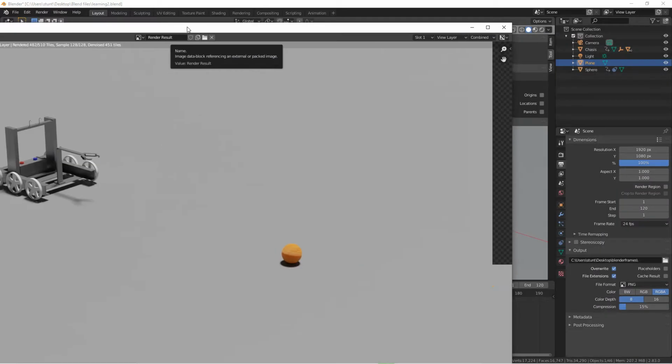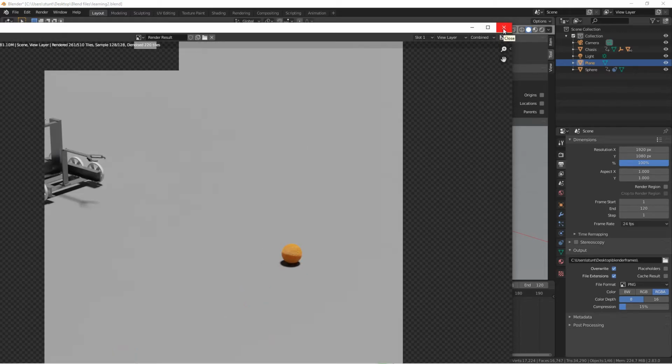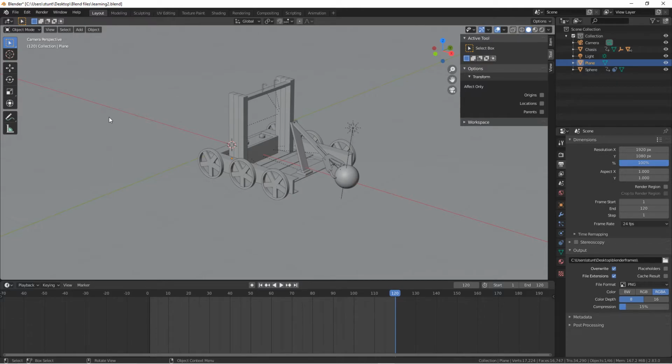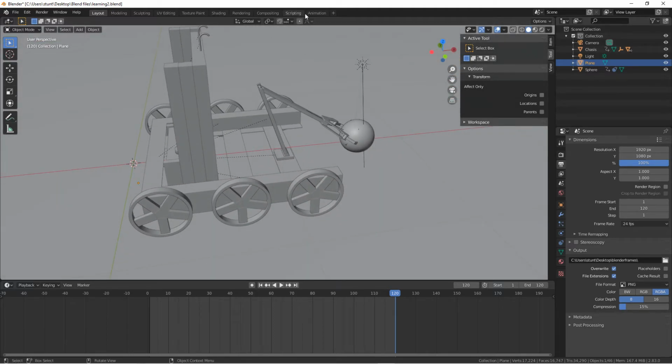But basically, this is looking good. I'm just going to press the X arrow because I don't need to render out the entire animation, but if you're rendering this at home, you might want to go ahead and render out the entire animation. But I don't need to, so I'm going to go over to,